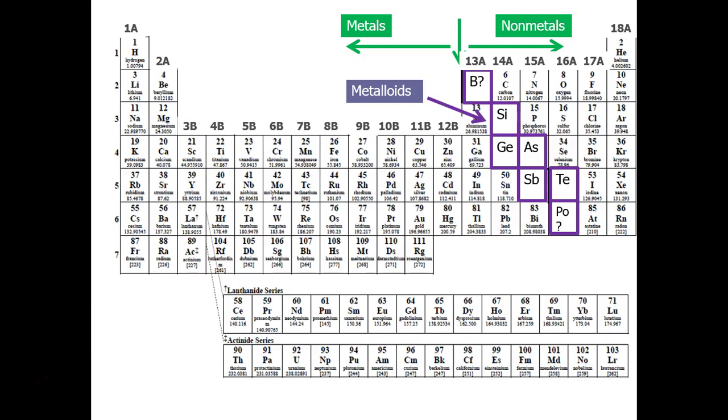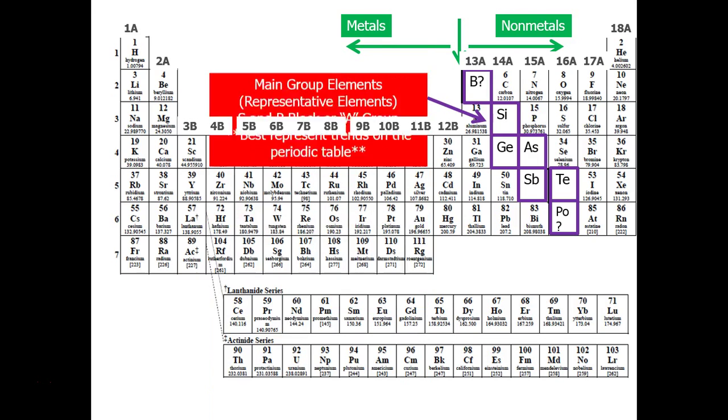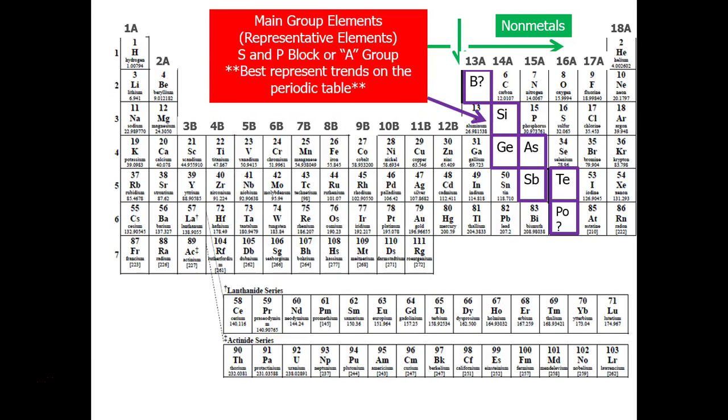Something else, if you look up at the top of the periodic table, sometimes the columns are just numbered 1 through 18. Sometimes they're numbered with A's and B's. Sometimes we've got 1A and 2A, and then the column labeled as 13A, sometimes that's called 3A. The whole business of the A and the B is actually something that we call the main group elements, which includes these S and P block elements.